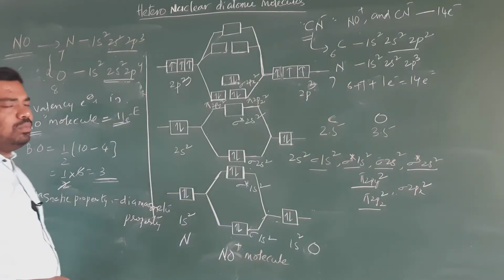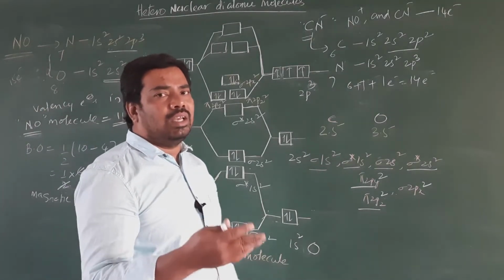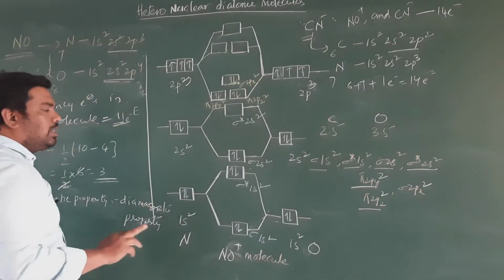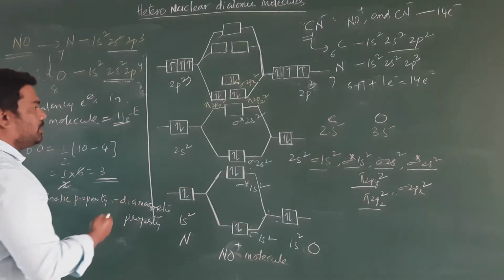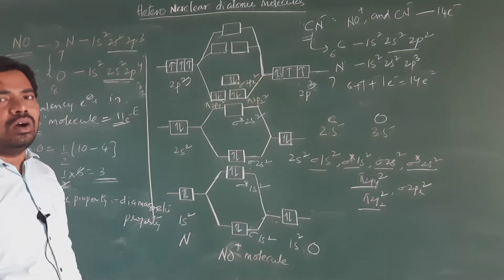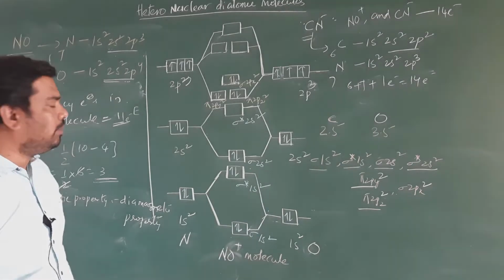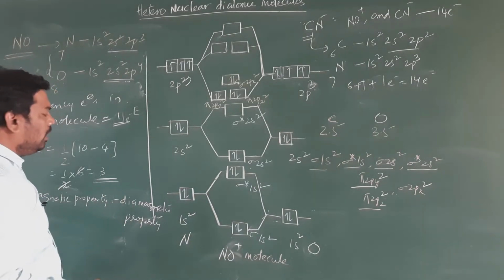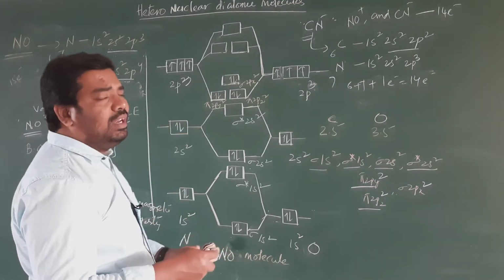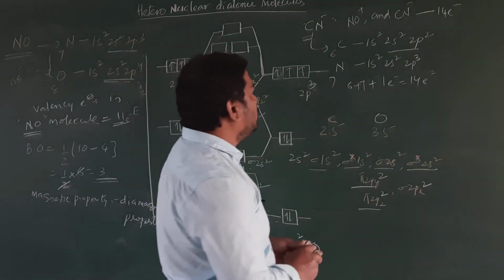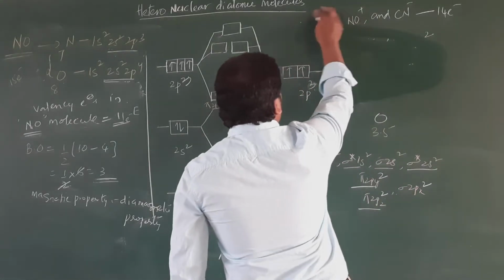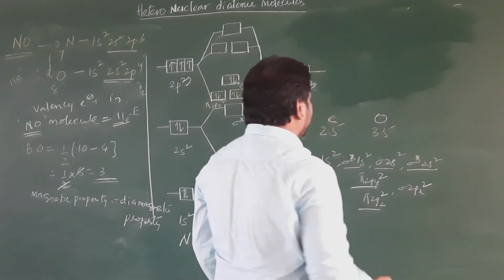Before, in the examples CN minus, CO and NO plus, the valency electrons equal 10 only. But here, in this case, 1 electron is increased. So this 1 electron is placed into the anti-bonding molecular orbital of pi 2py. Clear? Here I will change the energy order also, because it is a 15 electron system, which means it possesses more than 14 electrons. So therefore we need to change the energy order also. Okay, clear? So what is the energy order, student?